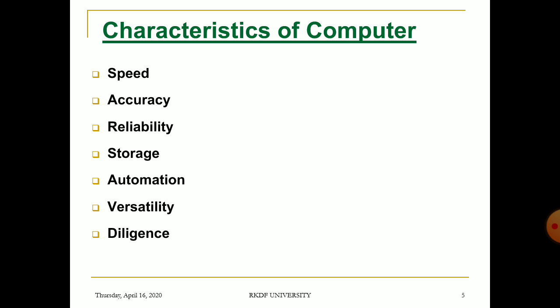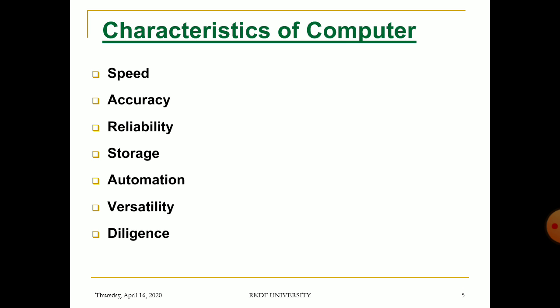Okay, so what are the different characteristics of a computer system? First one is speed. Computer speed depends upon the type of processor and the bus line architecture used. A good type of processor and bus line architecture can perform billions of operations in 1 second. The processor speed depends upon the clock speed, and speed of computer is measured in terms of gigahertz.